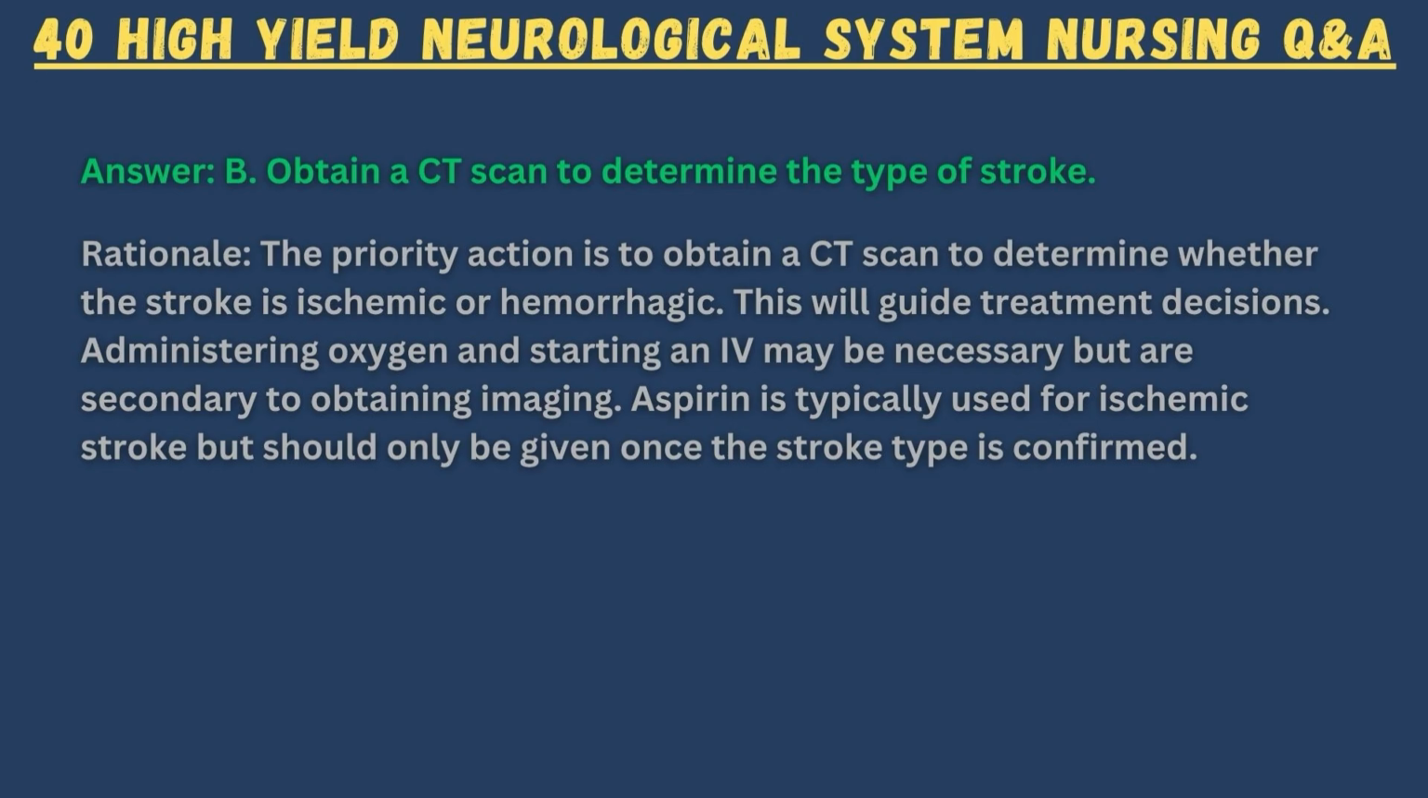Rationale: the priority action is to obtain a CT scan to determine whether the stroke is ischemic or hemorrhagic. This will guide treatment decisions. Administering oxygen and starting an IV may be necessary, but are secondary to obtaining imaging. Aspirin is typically used for ischemic stroke, but should only be given once the